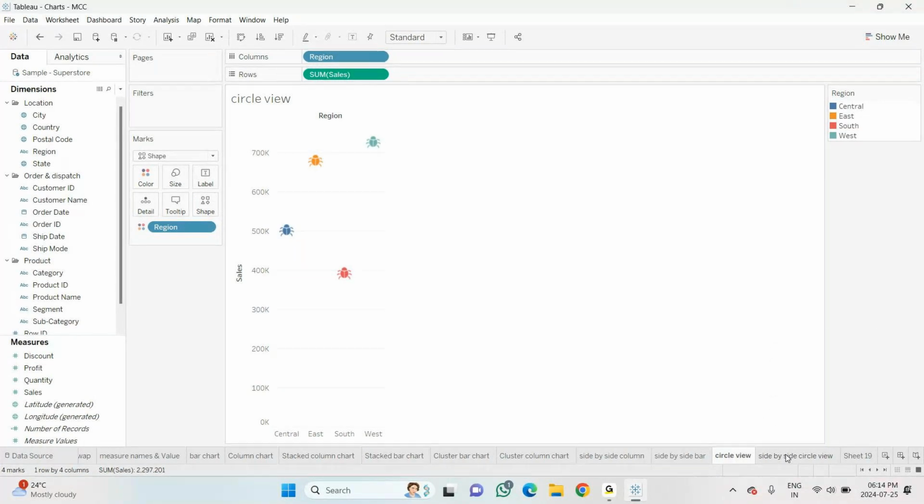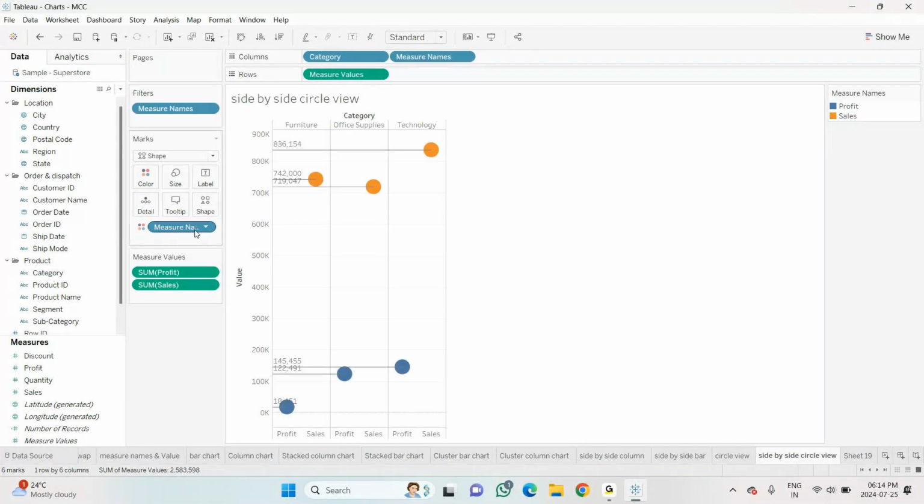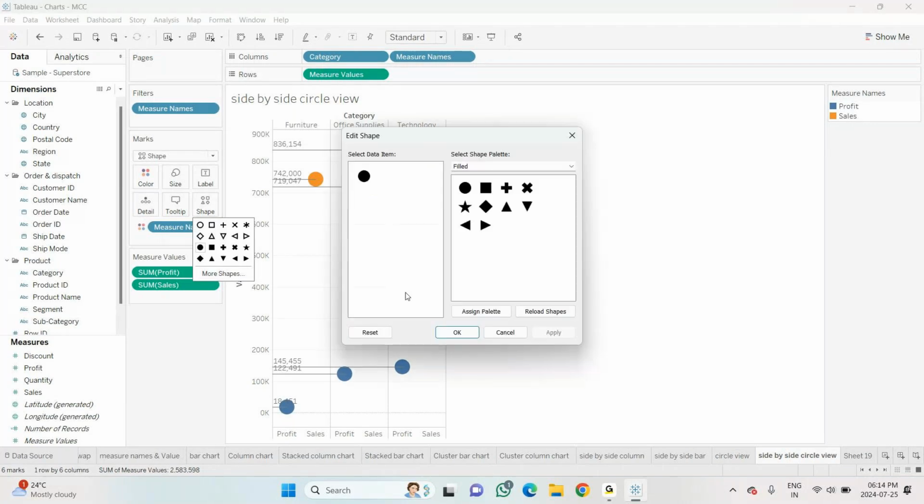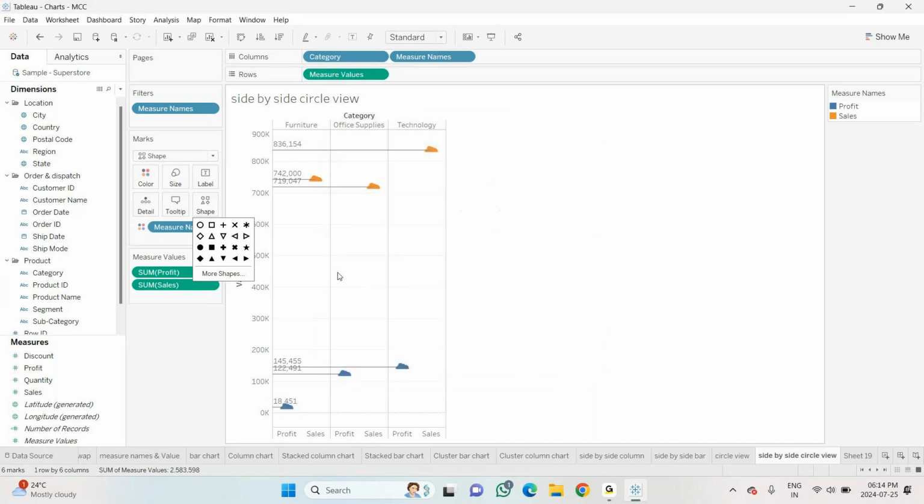Here also I'm just changing the shape, more shapes. In this you have the list, and whichever you want, you can choose from it. Now from here I will choose weather. Which type of weather sign you want to use, you can use it. I'll take the clouds here, and this is how it will look.